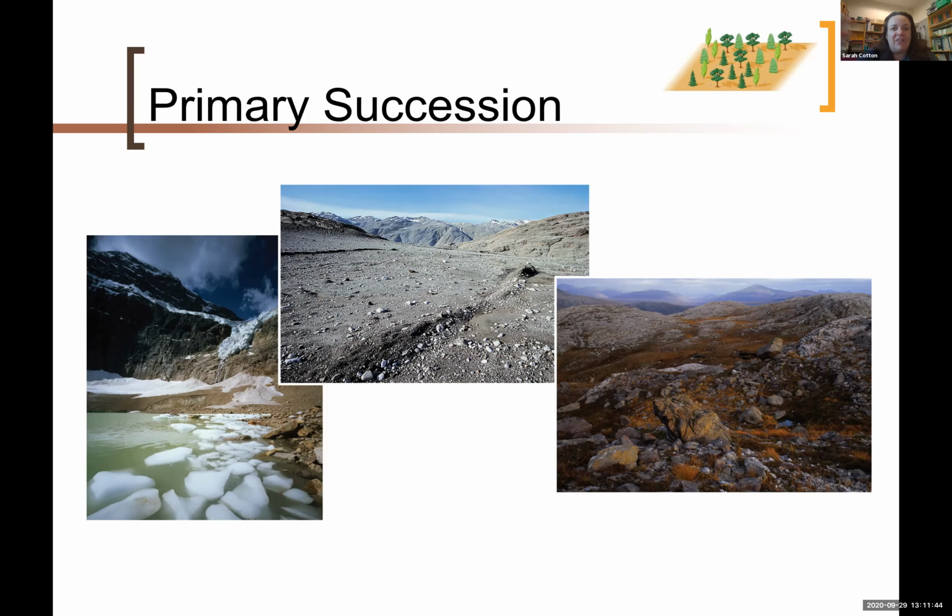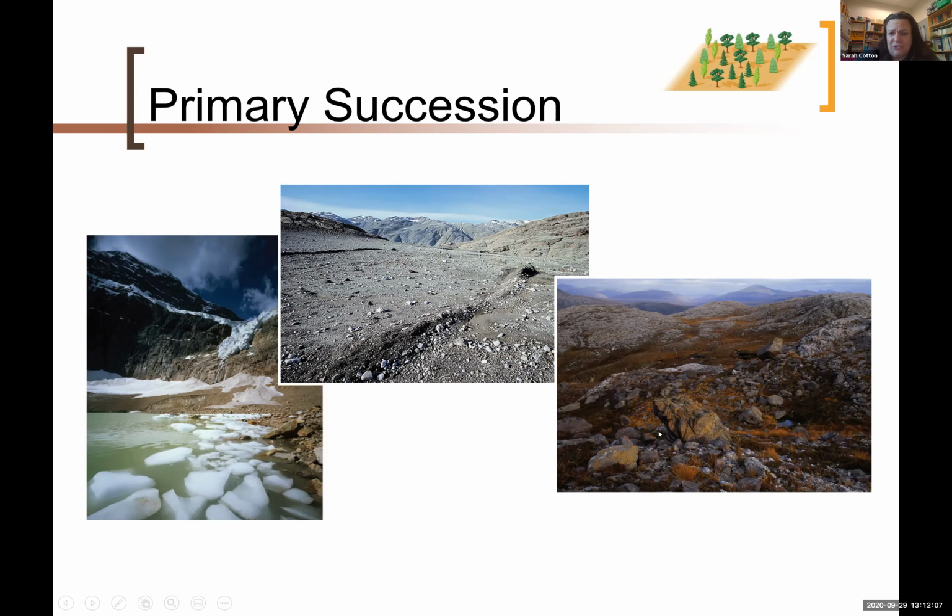So there's no organic material, there's no life remaining, right? And so primary succession, at least to start with, is incredibly slow because first you have to have some buildup of organic material. And so you get these tiny little plants to start with,